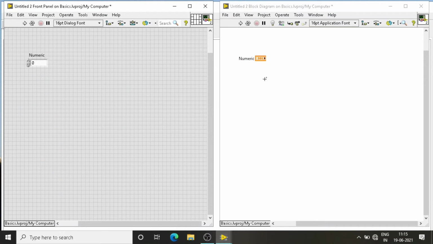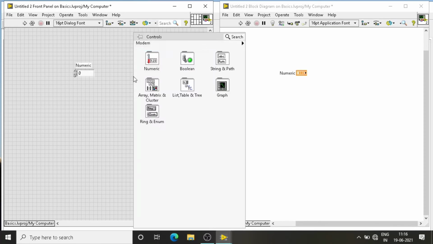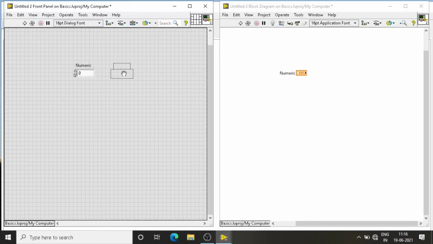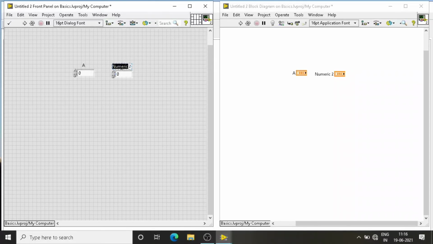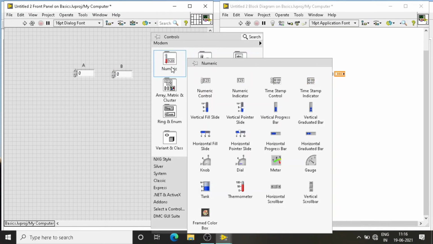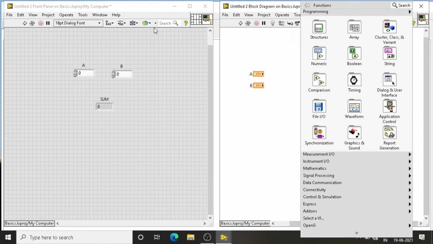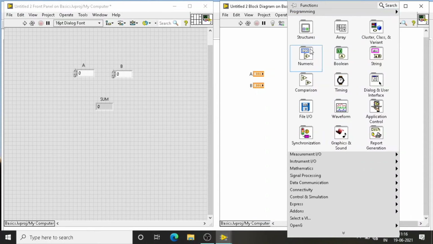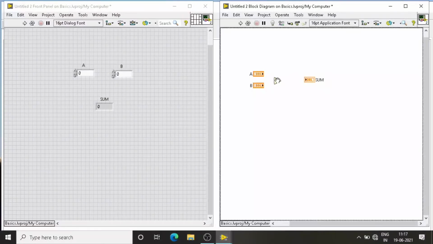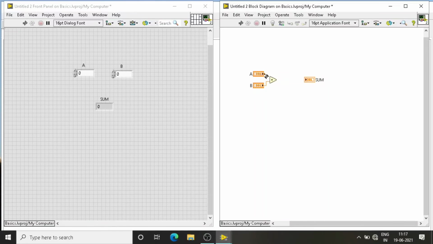For the 2 inputs, all are numeric type, because the addition function executes on numeric data type. If you want to add, right click the block diagram, and the numeric addition function will be there. Just pick and place, wire a terminal to an add terminal, and connect the output of the addition to a sum indicator. Now we are done with the program.